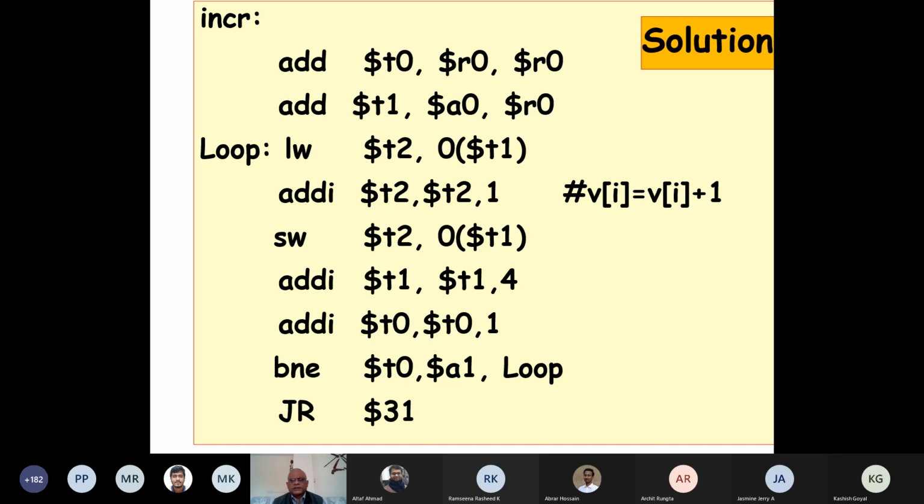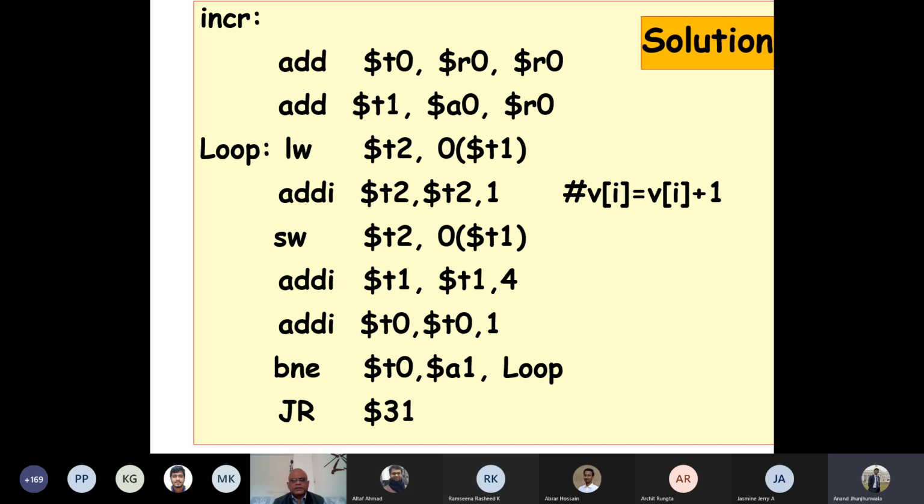So I'll just ask randomly, just to check how you are doing with the code. Anand Jhulzhunwala, are you there? Anand, are you there? Okay. Yes, sir. Anand, you are there? Okay. Yes, sir.